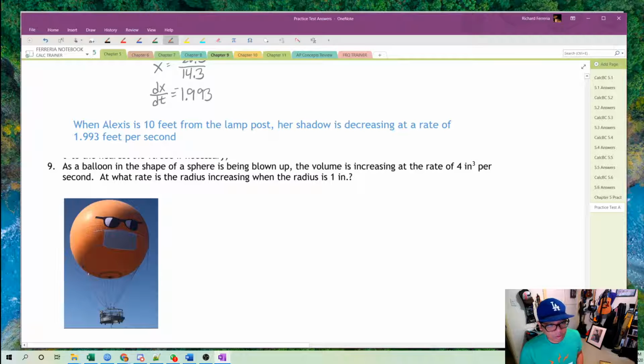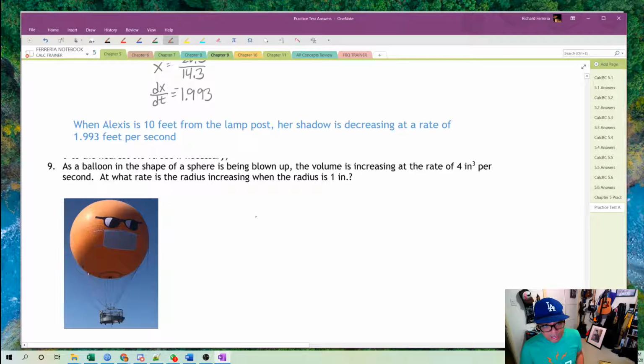Now our balloon here, of course, is well, a lot bigger than 1 inch, and probably if we were going to inflate this, you're going to have to inflate it at a lot faster rate than 4 cubic inches per second, but I guess that's not so much part of the problem. But I think we hopefully understand what this looks like, and our next step after we figure that out is